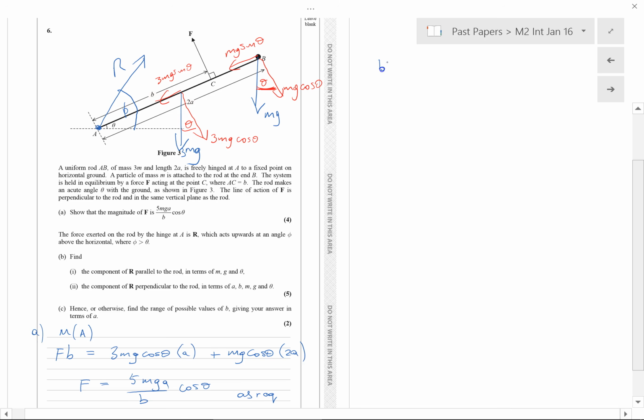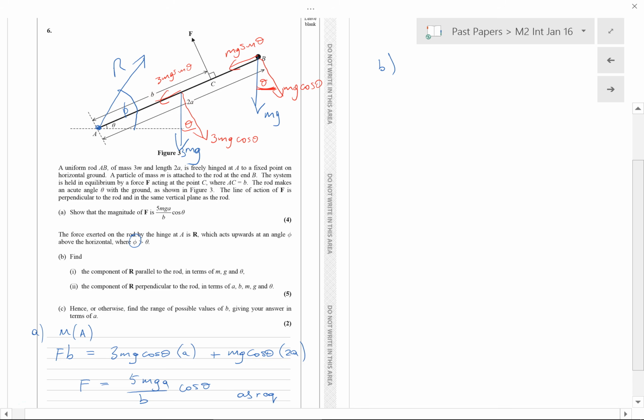Part b, now we're talking about hinges and all kinds of stuff. So I've just marked on the reaction force. Now, because it's given me an angle, unless the question asks for it, I wouldn't normally mark the R as being in a direction like that. I'd normally mark it as RY and RX like this, work that out, and then if it asks for an angle, deal with that right at the end. But because it talks about the angle being phi here,